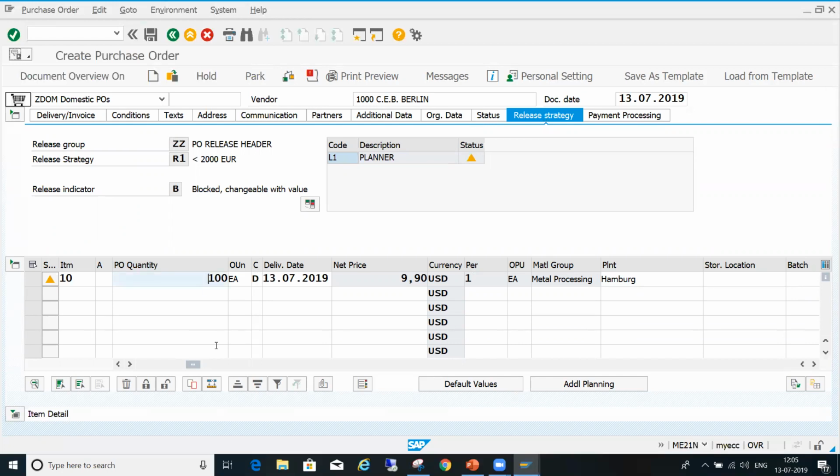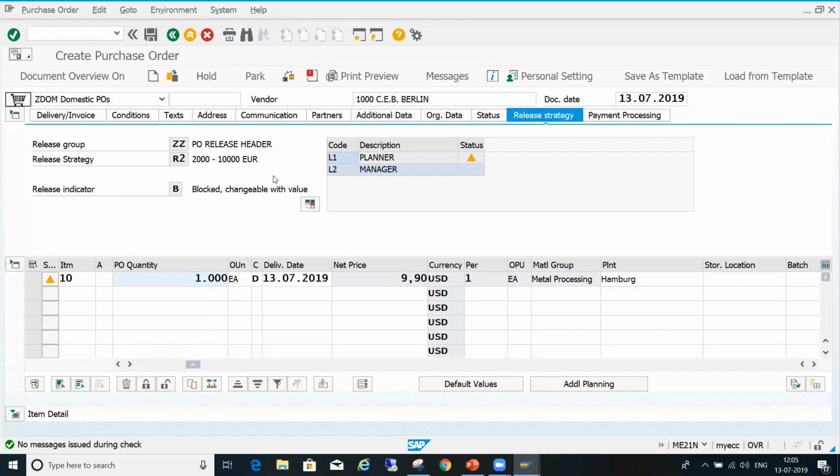If you are increasing the quantity, select the check box, then the value lies between these two. That's why L2 has triggered.